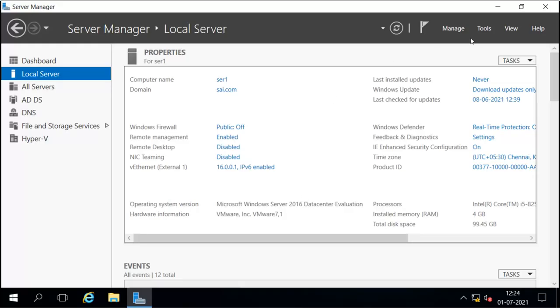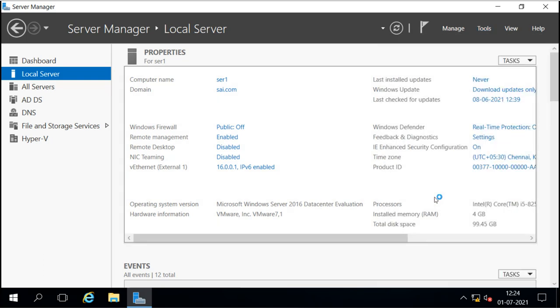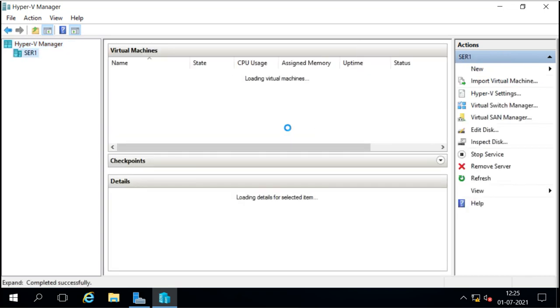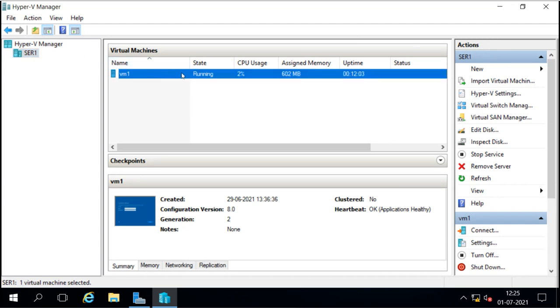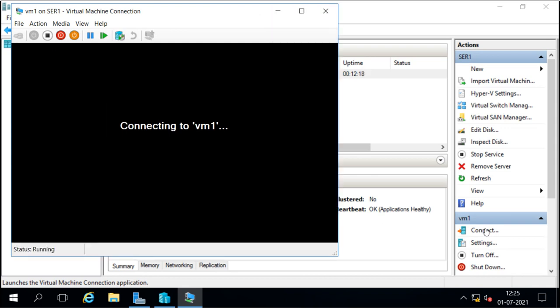So this is our server, and under this we have the Hyper-V Manager. Under the Hyper-V Manager we have this Server 1, this is our machine, and in that we have created this virtual machine. Now it is running and it has been installed completely. We can see it here in the screenshot, and to finish the installation we can connect to see the interface so that we can configure it.